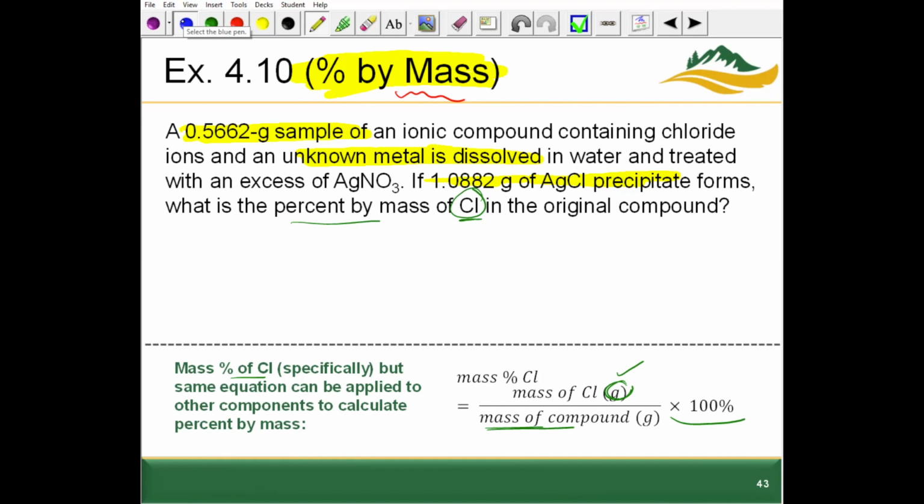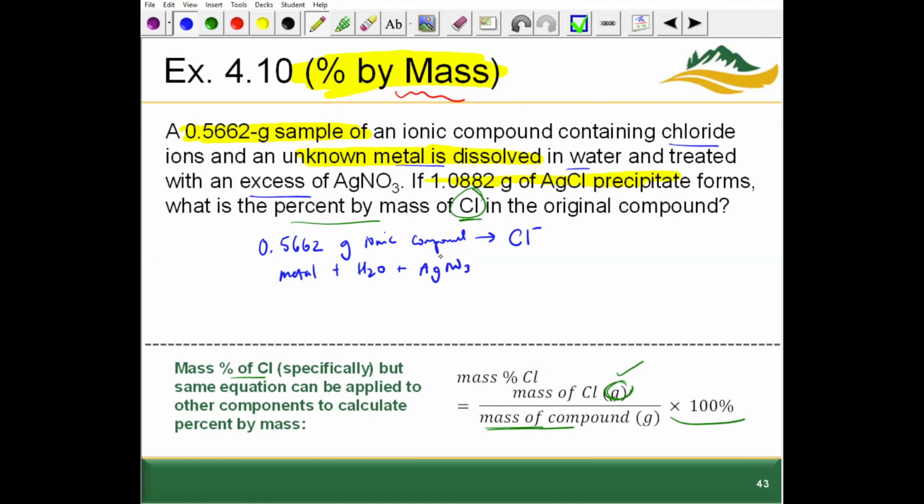In setting this up, let's definitely label everything that we know first. So this is 0.5662 grams of an ionic compound that is unknown. It does contain chloride ions, Cl minus ions. Then we know that an unknown metal is dissolved in water. So some metal is dissolved in water, leading to, well, with an excess of